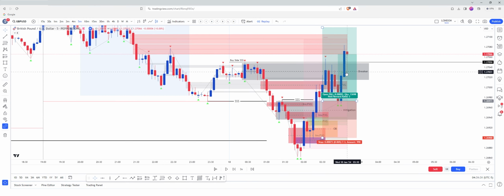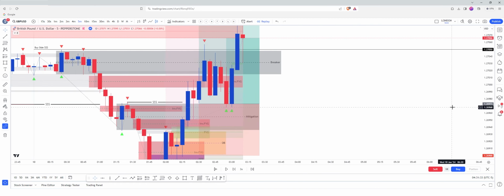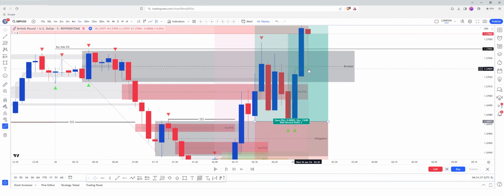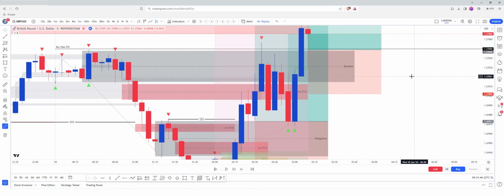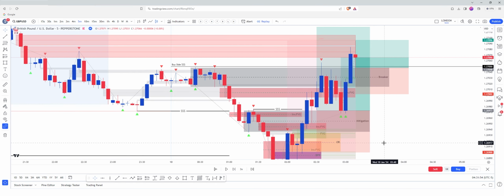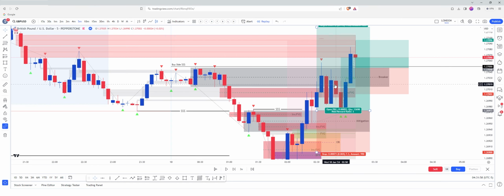So price comes back, retests 50%. Small fair value gap. I would still take that as a unicorn because we do have a fair value gap with the big displacement candles through the breaker block. So your entry would be a tap of the top of the breaker block. We need 3 PD arrays to act as our stop loss placement. So we would have to have the fair value gap, the breaker block, and then these 2 down closed candles here